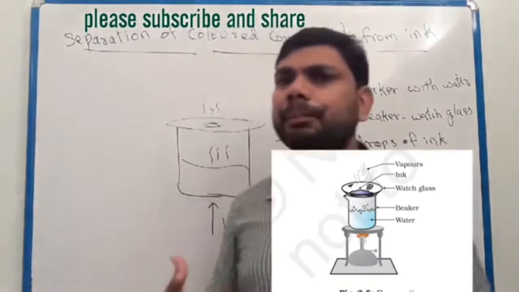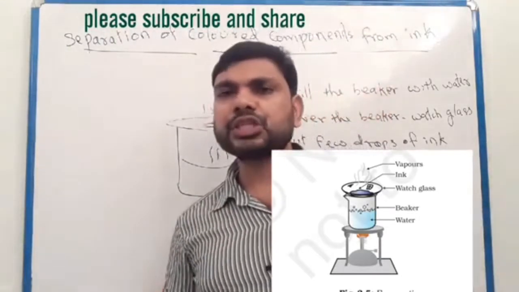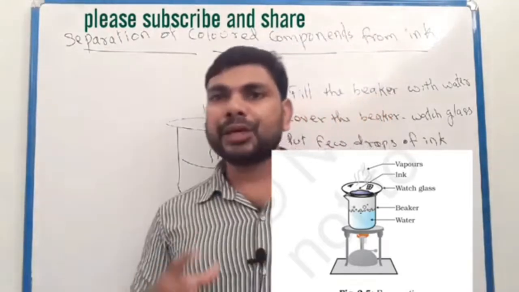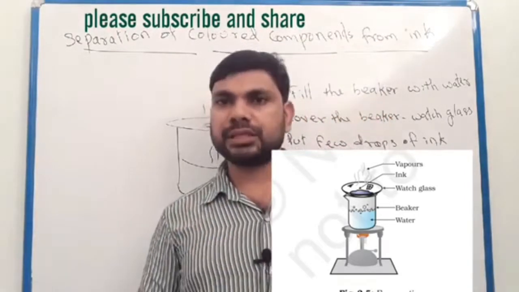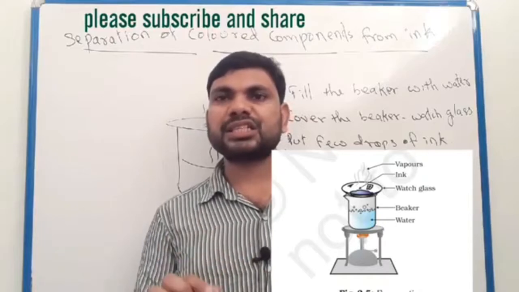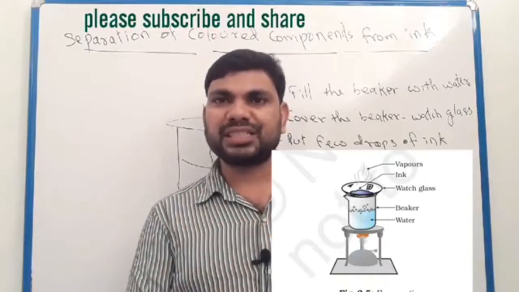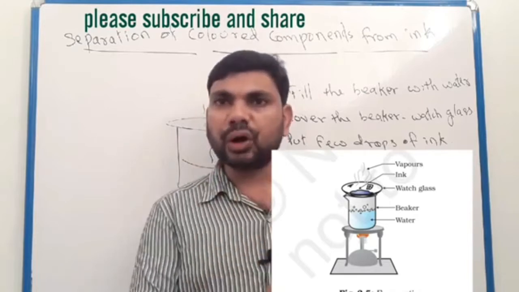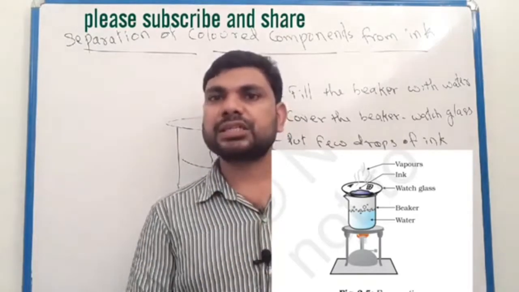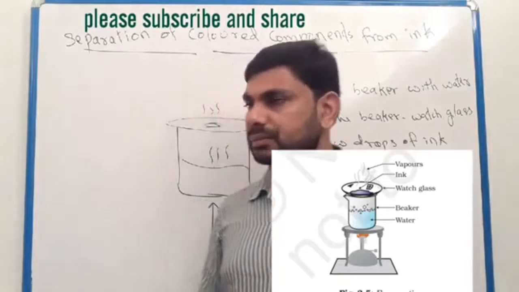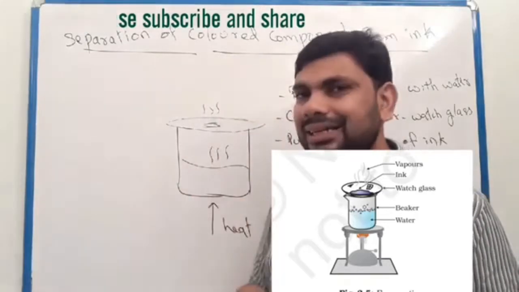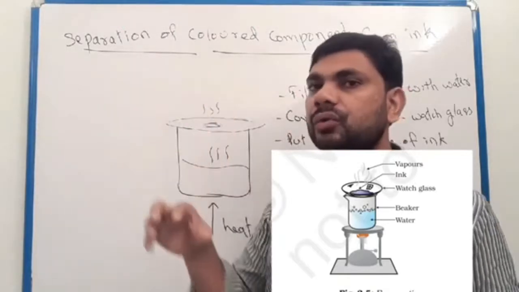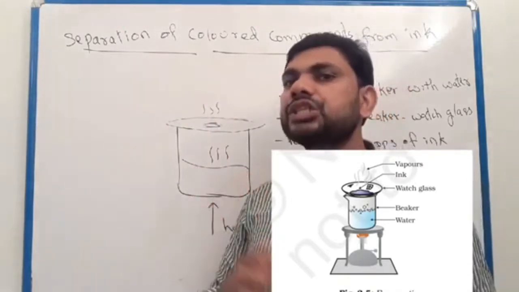So here ink is a mixture. Ink is a mixture. Mixture means impure substance. We discussed this in the previous video. Mixture is an impure substance. Compounds, the substance which contains only one type of element or only one type of compound, are pure substances, but mixtures are impure substances. So see here, ink contains different colored components, and also something evaporated over here. So here it is a mixture.